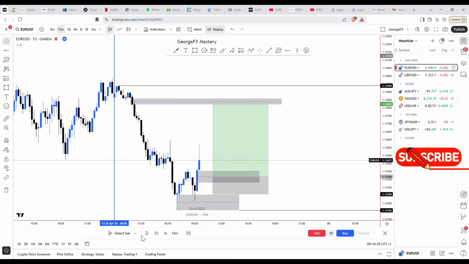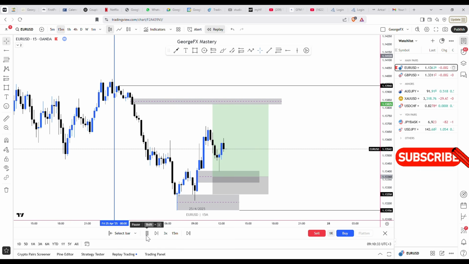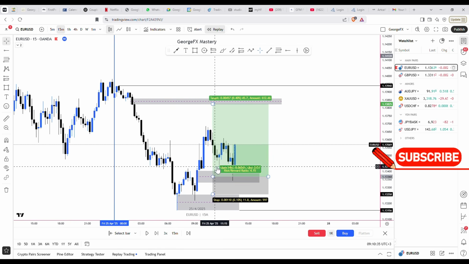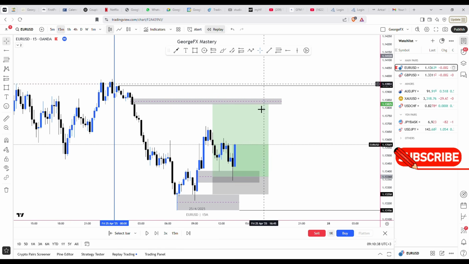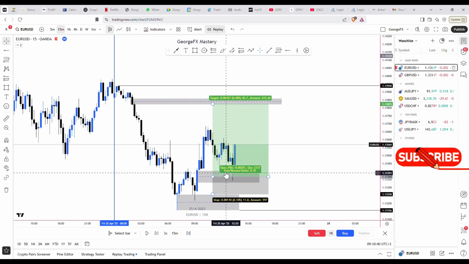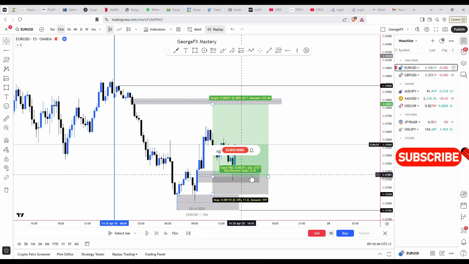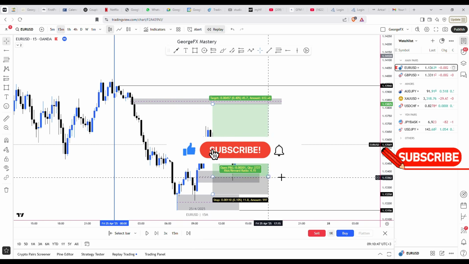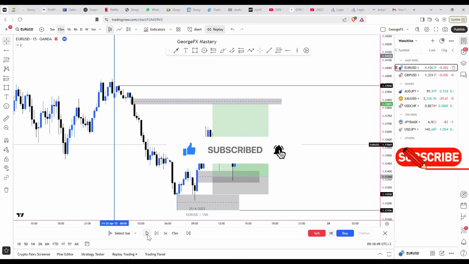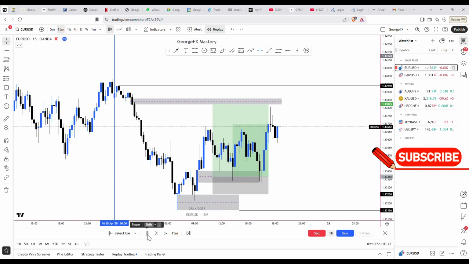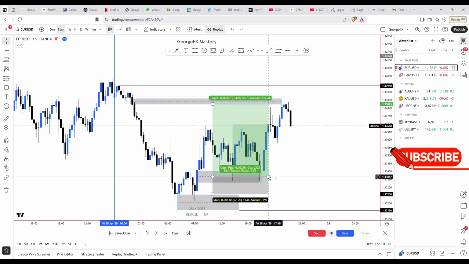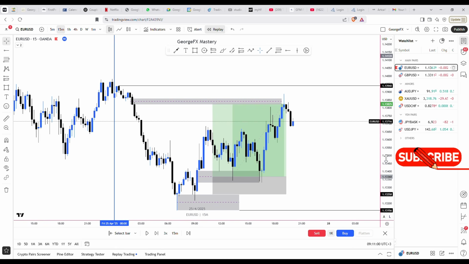So now you'll have to be patient and wait to see price activate your order. I know there are people who could have feared and exited here. Price did not get into the 50% of the fair value gap, so this is basically an inducement. It actually gives you more confidence in your setup. And then you can see price activated our setup, and then we started pushing, came back the second time, and that is how we hit our take profit on this particular